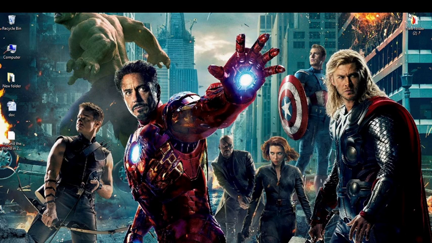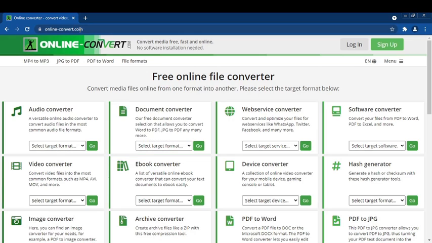Hey hi friends, today we will see a free website which converts any type of file to many types of files. So first go to Google and type onlineconvert.com or simply go to Google and search